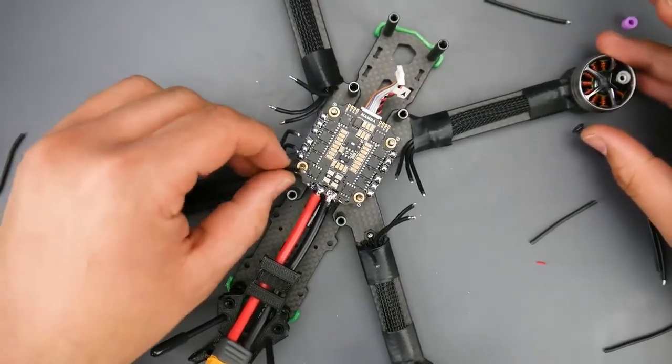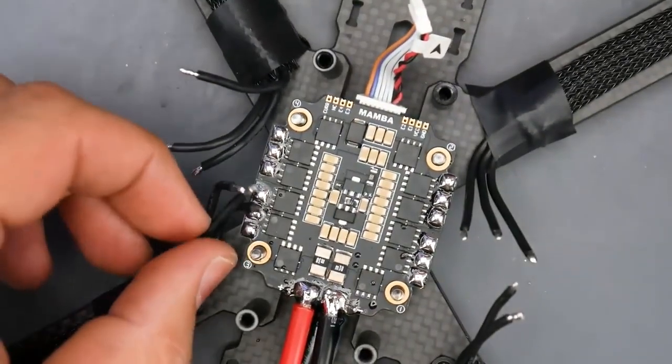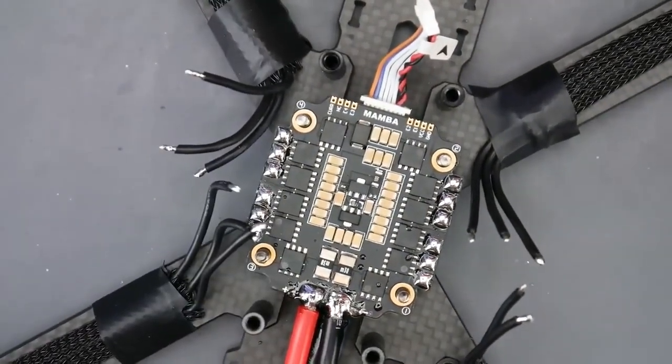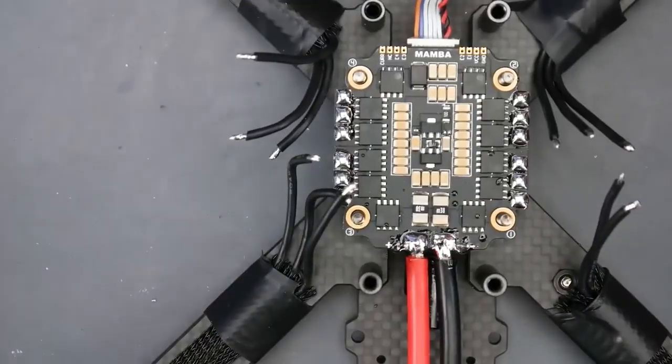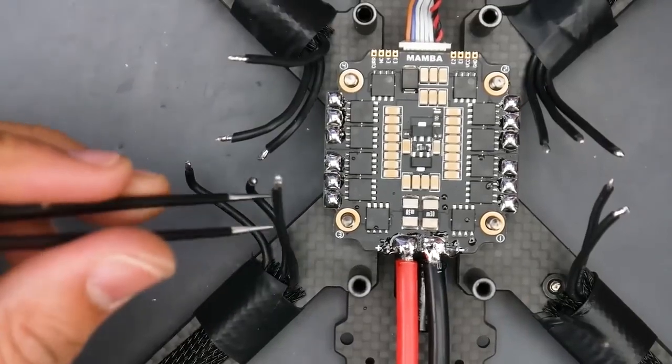All right, so now I've gone ahead and prepared and cut up the wires, because that would have just taken ages to show you. So I've just cut up the wires, and we're gonna go ahead and start soldering the motor wires into place here. We'll do a couple together, and then I'll skip over the rest, or just have that go a little bit quicker. So let's go ahead and grab our